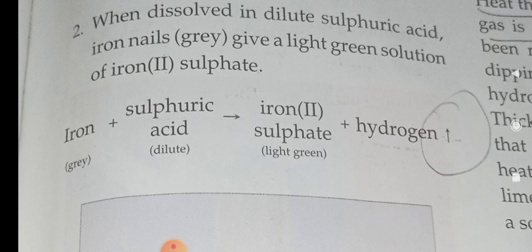Okay, children? The final characteristic of a chemical reaction is change in state. This means the reactants may be in one state and the product in a different state. For example, hydrogen is a gas, oxygen is a gas, but what is formed? Water, which is a liquid. Similarly, ammonia is a gas, hydrogen chloride is also a gas, and you will get ammonium chloride, which is a solid.